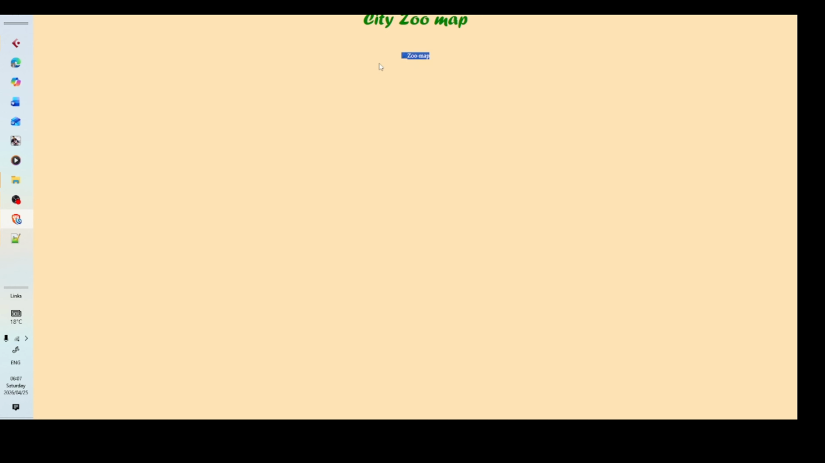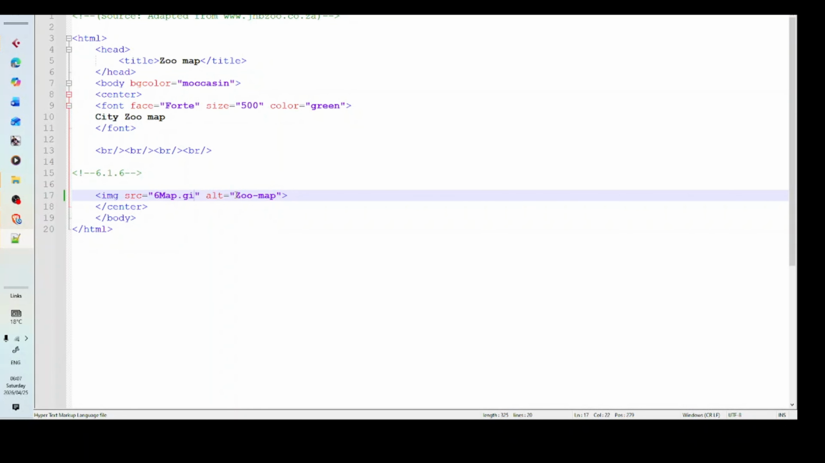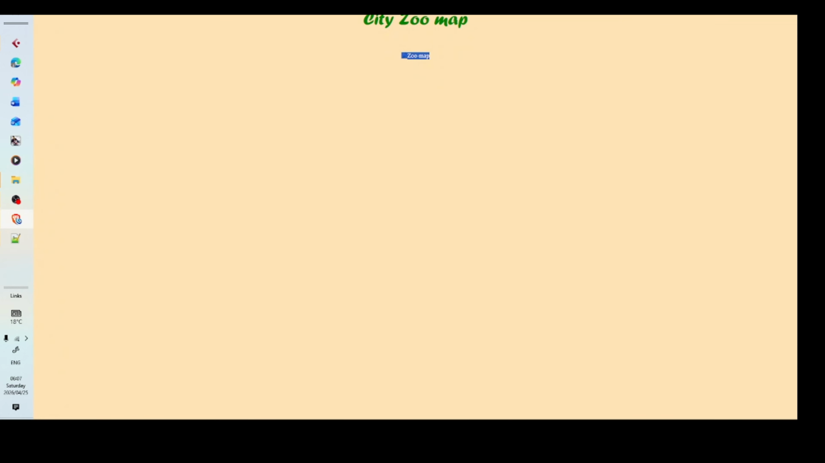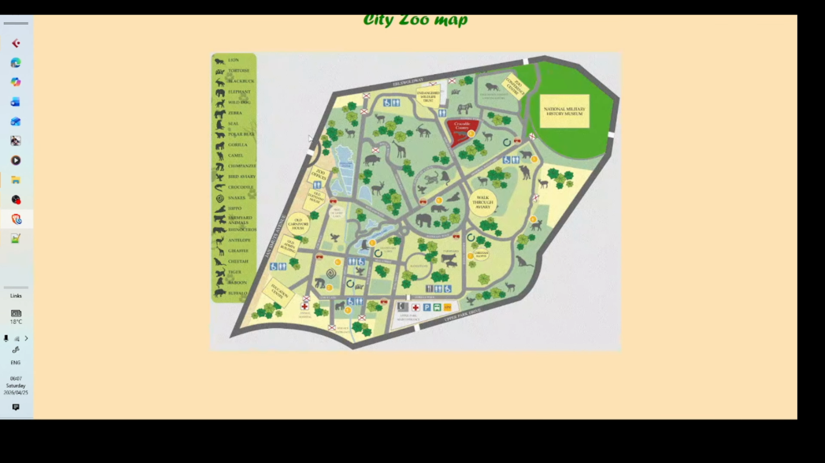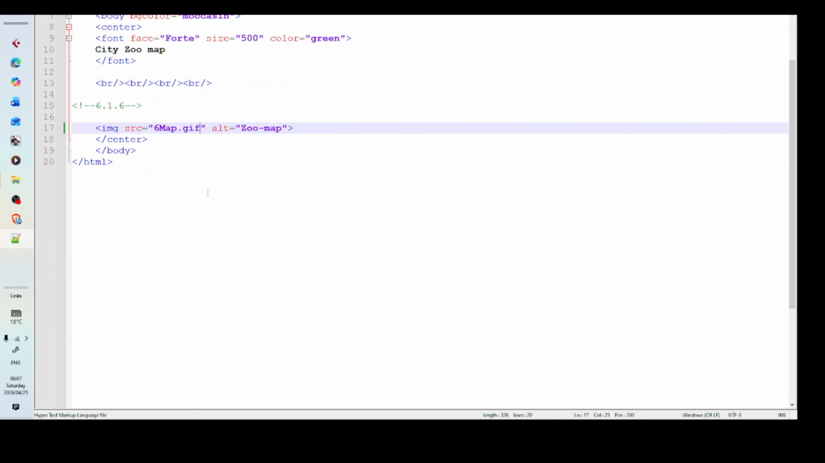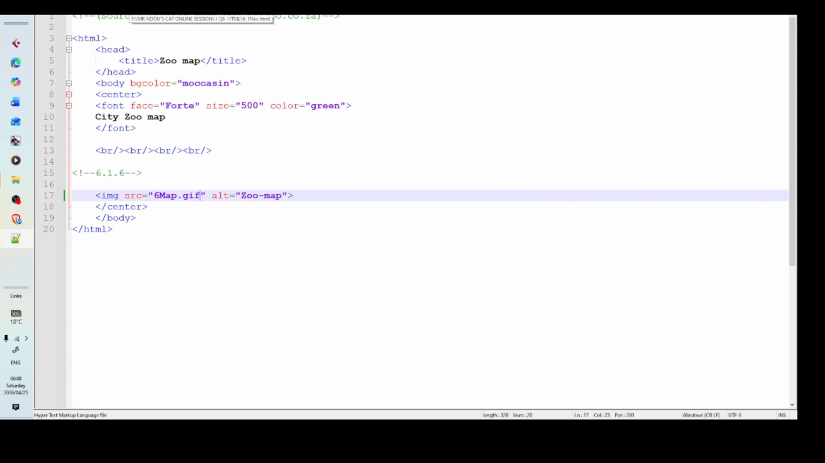I hope it is clear to everyone. So the reason why they said that there must be an alternative text is because whenever there is a mistake or when the picture is not displaying, we must just get this text, the zoo map. So now in our case, let's fix our GIF, save, refresh. There we go. Now we have our final page. We are done with 6.1. Let's jump straight to